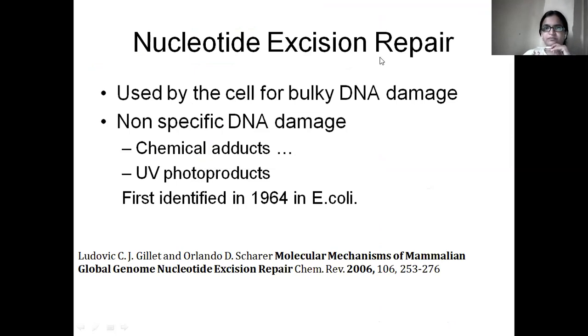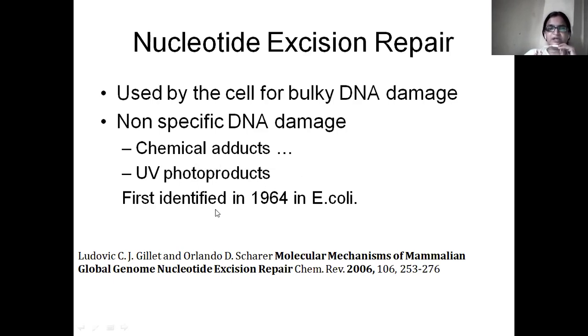Here it is used by the cell for bulky DNA damage. For base excision repair, one base is the problem. In nucleotide excision repair, the damage is somewhat more than this. This is a non-specific DNA damage mechanism, meaning this nucleotide excision repair mechanism is not specific for any problem in the DNA. It can operate for many reasons or many places in the DNA. It can work for chemical edits or UV